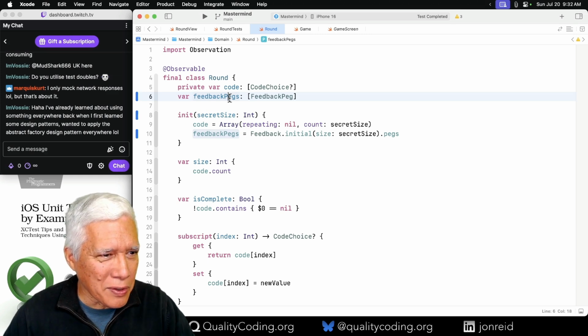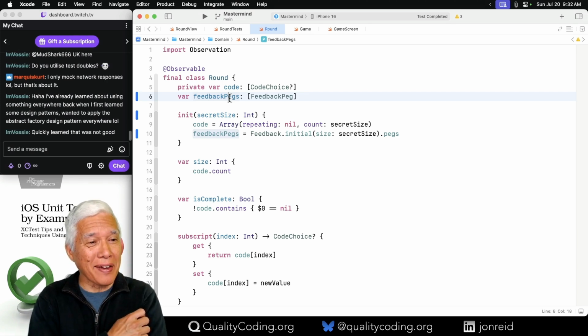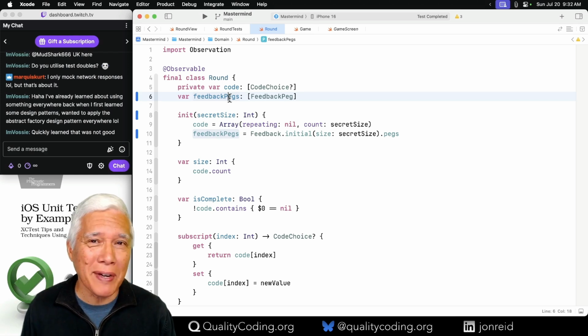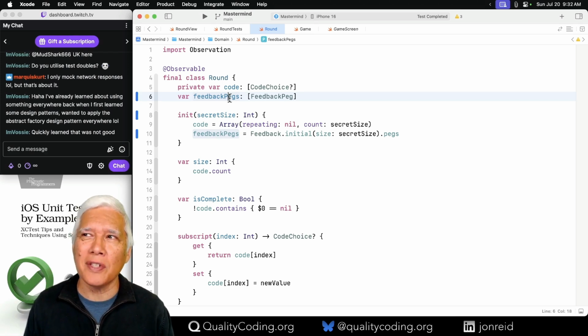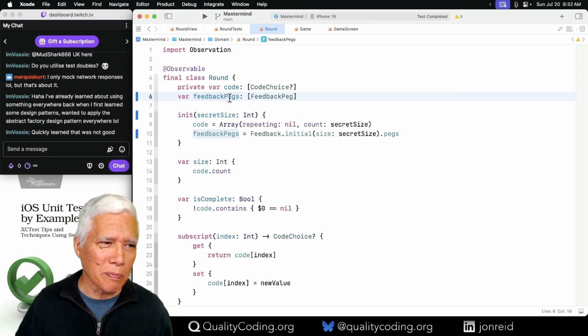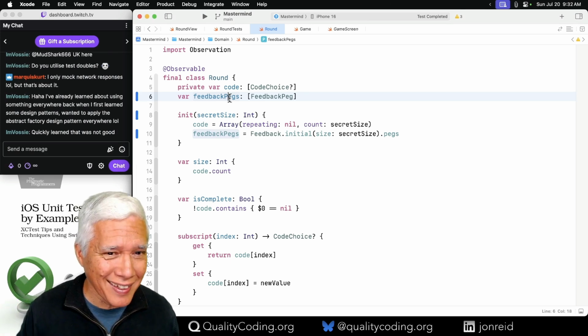I've already learned about using something everywhere, back when I first learned about design patterns. Yes, that was my journey too. I was like, oh, design patterns, awesome. Use them, overuse them. Oh, oops. Then discover that the pattern describes when to use it.